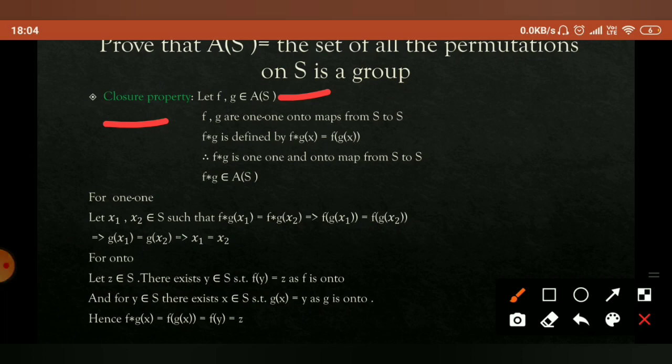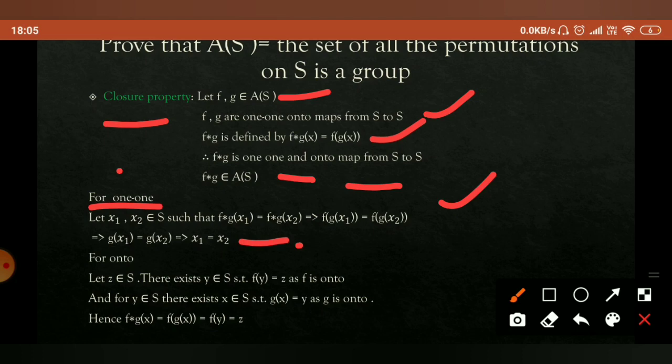permutation. So F and G are two permutations, meaning these are 1-1 onto mappings from S to S. So F star G, which is defined like this, is also 1-1 and onto. How? In the first case you can see here 1-1 is proved. For 1-1, we take two elements X1 and X2 from the set S such that their images are equal under F star G. So we open this F star G: F of G of X1 is equal to F of G of X2,